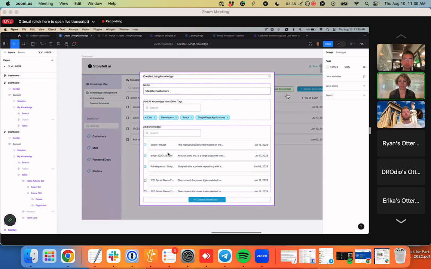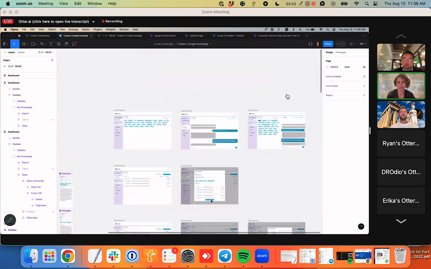So yeah, pretty much you'll be able to select the files from your previous dashboard. If you didn't have any selected, then none will be shown here that are selected, but you'll be able to search for them here in the search bar, select the ones you want, and then create the Smart Chat with this button right here. When you click this button,